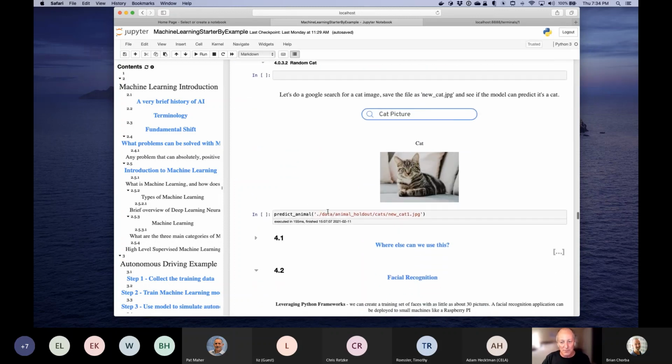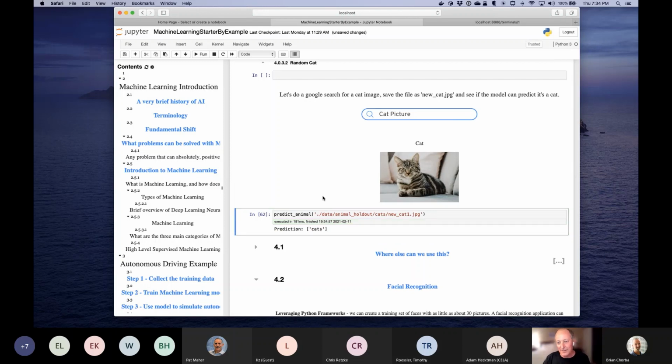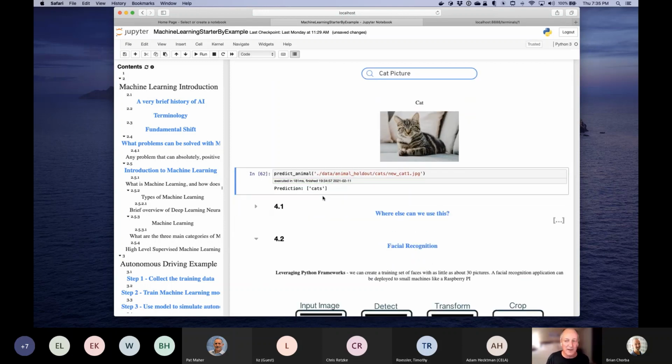And then I just grab a random cat, and it's a cute cat, and sure enough, it was able to figure out that it was a cat. Now, as I said before about the color distribution, that's not how we do image classification. We use deep learning models. But there's still a lot of data, there's still a lot of insight just by looking at the color distribution.